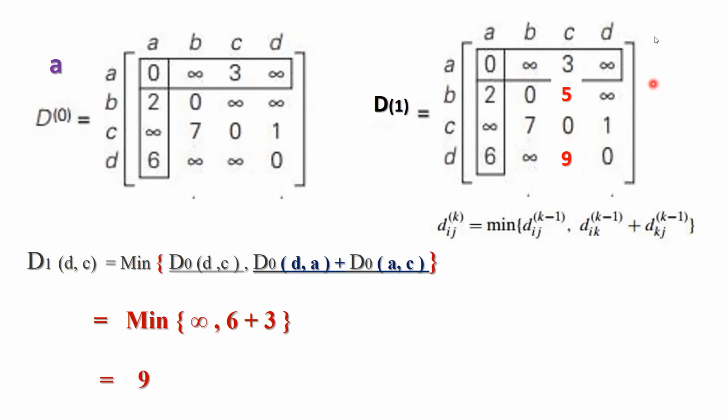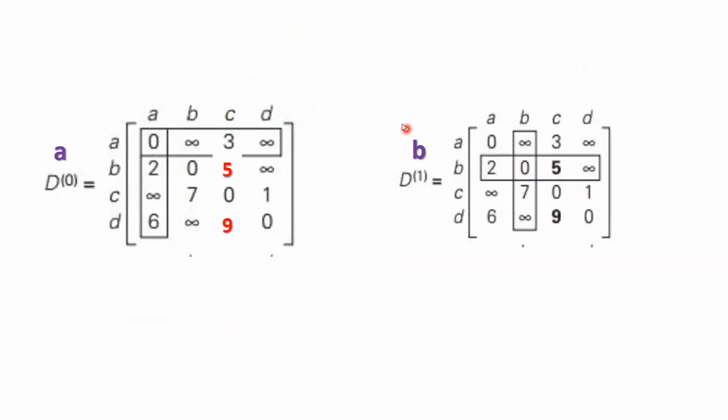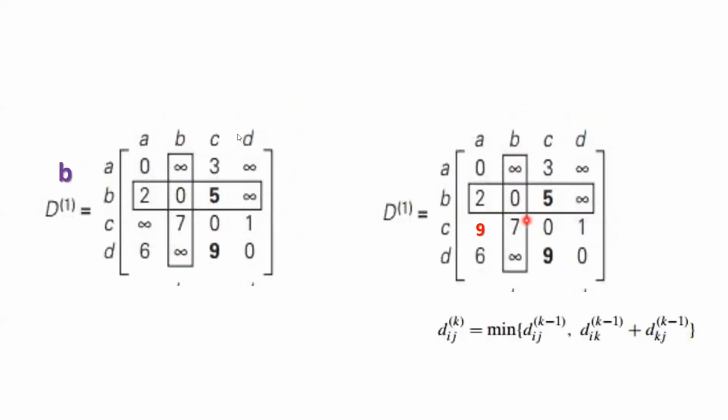This I will consider for the next stage D1, but I will shift this. That is, I will go to the next vertex B. After completing all the updations, then before it was D0 by considering A as intermediate vertex, now it is D1 by considering B as intermediate vertex. You can also call it DB or D1, no problem. So this is the reference matrix for us now. By this reference matrix, I shall calculate D1 to D2.